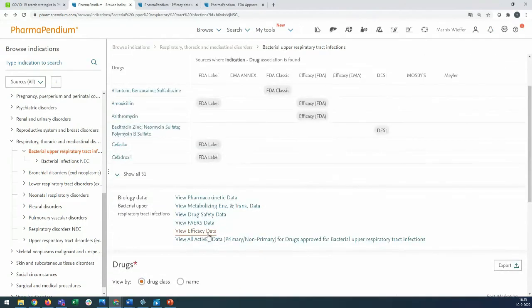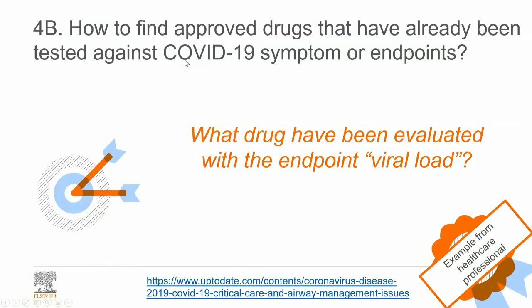And especially when we talk about efficacy data, we have a lot of endpoint data in there, which is a nice bridge to the next example that I would like to show you. Let me pull up that slide for you as well. There we go. Which is, let's say, how to find approved drugs that have already been tested against COVID-19 symptoms, but specifically now endpoints,